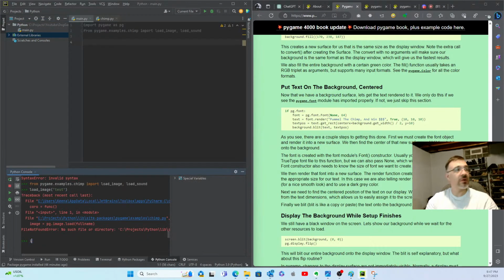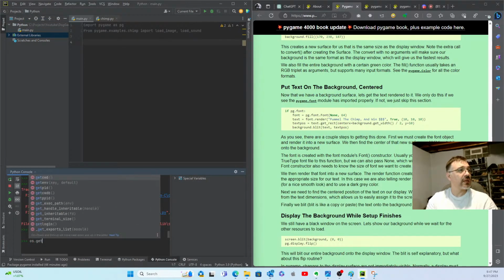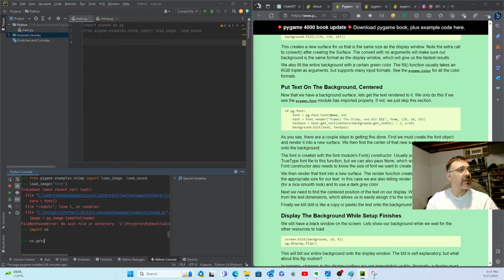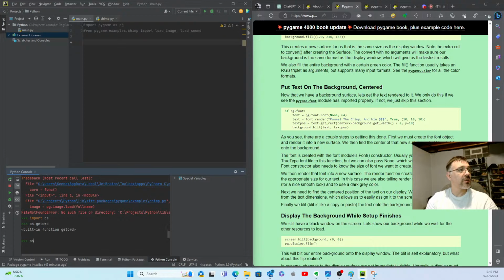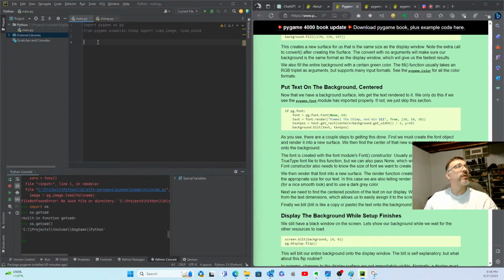What is import os dot getcwd, os dot get current working directory. Let's see where we are. Dog python. So then I can import from